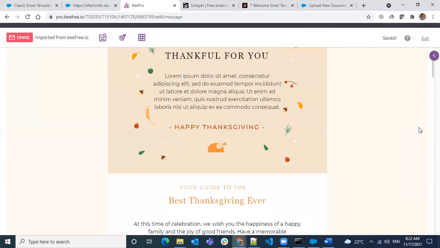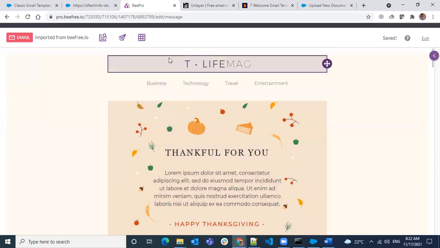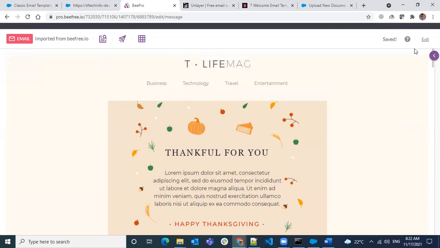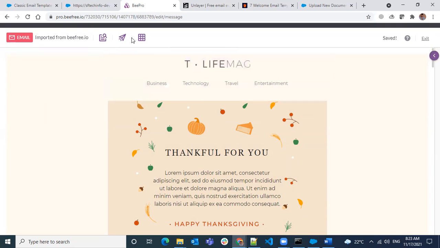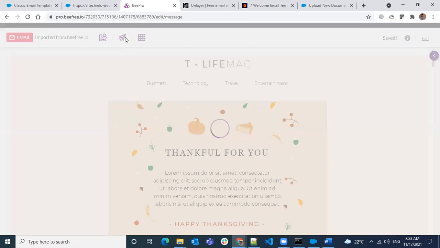Actually, we can download like an HTML file. Once we prepare the templates using our tools, you'll have the option to download those. Templates are not saying.